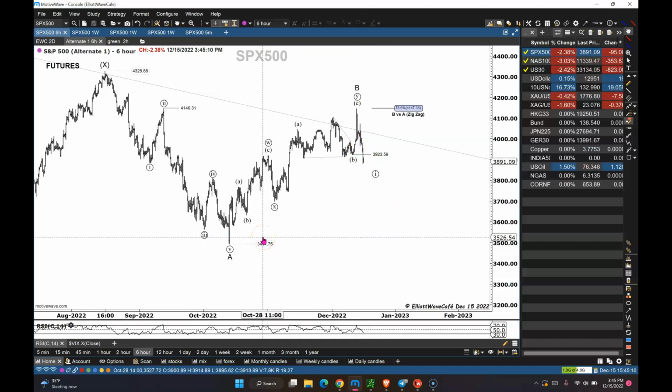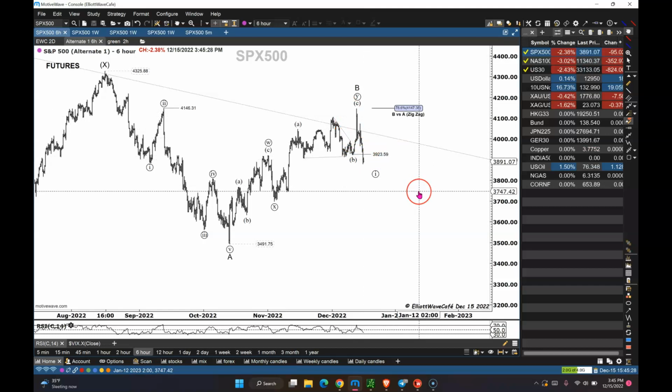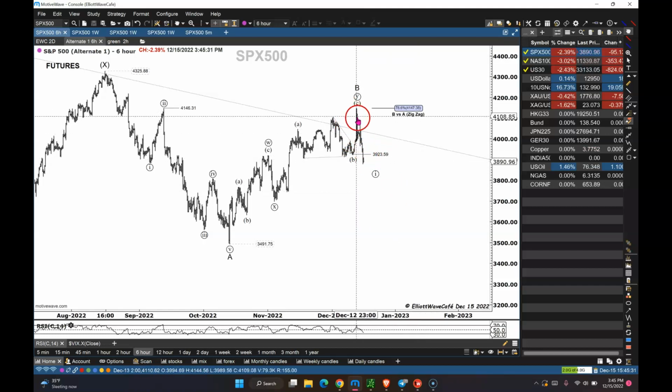There's still a chance that this could be some kind of 1, 2, 3 in here. Maybe a fourth wave without getting into the territory of the wave 1, and a fifth, and then a big ABC. It's possible, but even then, that means that you still have a lot to correct. This would be way too short for me to be part of the entirety of a wave 2. If you want to look at this as a flat correction, some kind of an ABC, you can, I guess, but to me it's kind of forcing the count. So we'll see how this behaves.